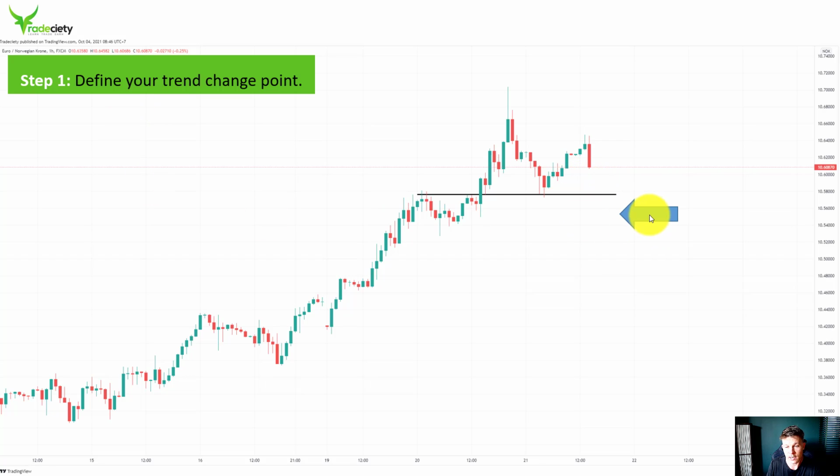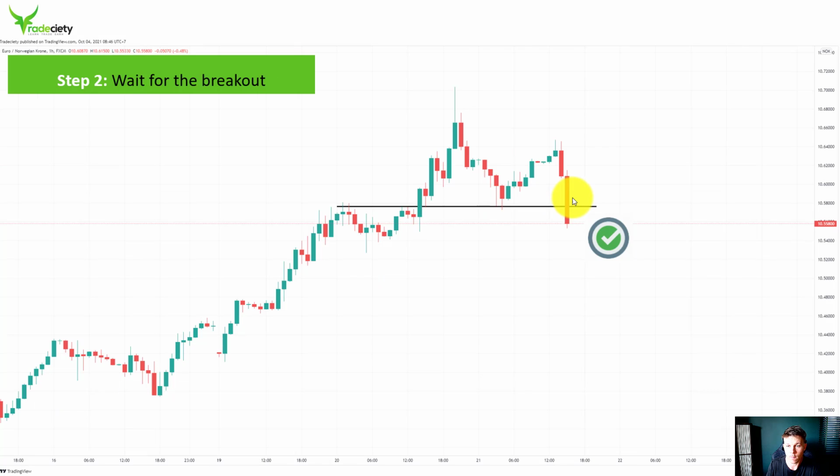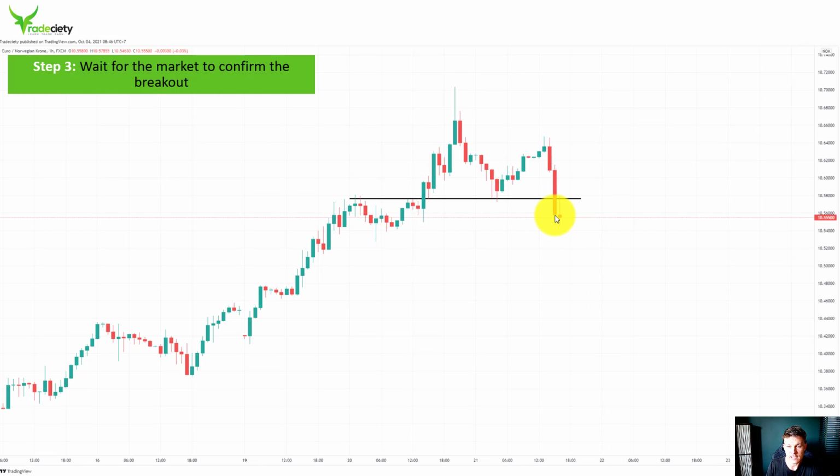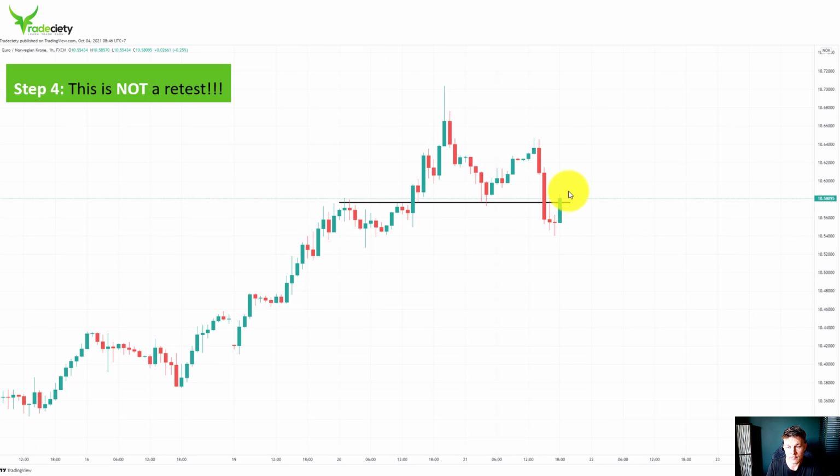First of all, we define our entry point. We want to see the market break below this area. We wait for the breakout to happen. In this case, you can see we have a very nice breakout structure. We can see that the market is staying below the trend structure. We can see that 2 candles later, the market is pulling back into the level,